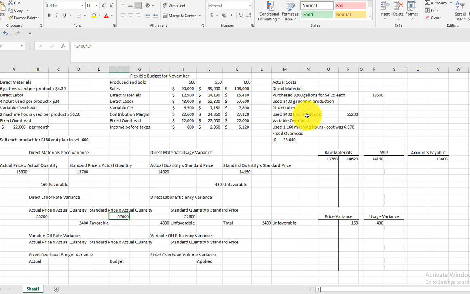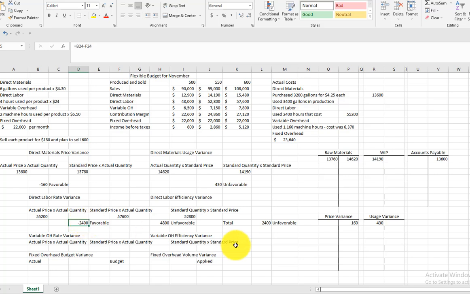We're going to take the 2,400 hours, actual number of hours used, but now instead of multiplying it by the 23, we're going to use 24 that was standard. That's going to get us 57,600. So we're going to save basically $1 on every hour, so that's $2,400 of favorable variance because we spent less